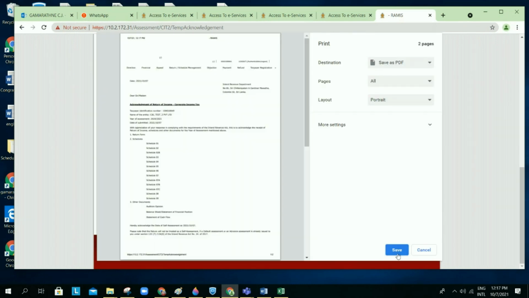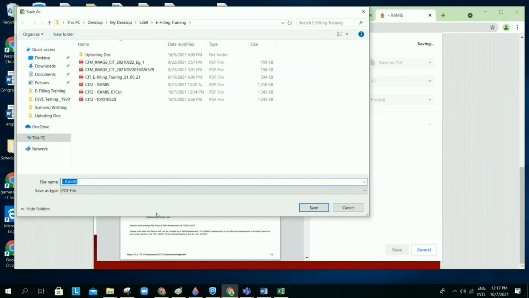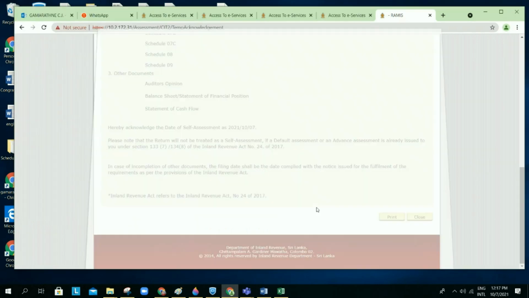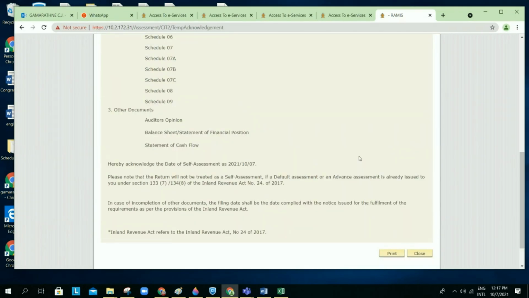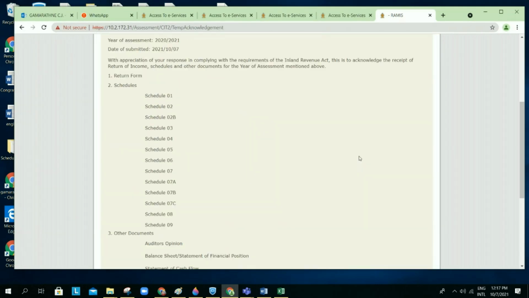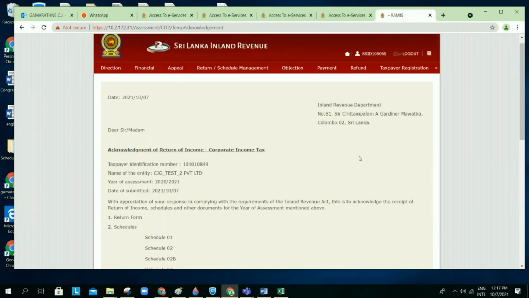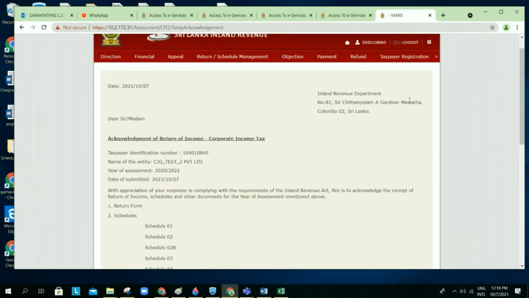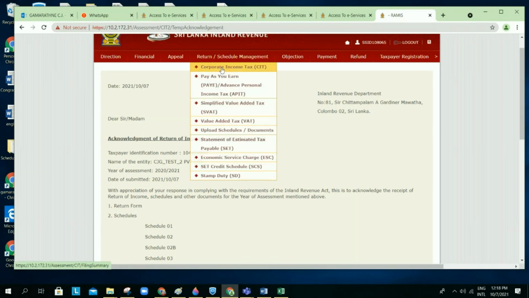And once you click the printout, if it is not possible to get the printout, then you need to save. For that purpose also, there are options. You can just click the PDF format and save this item. After doing the submission, you can see the status of the return and schedules by clicking the return and schedules management,